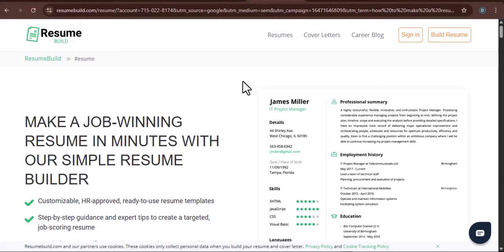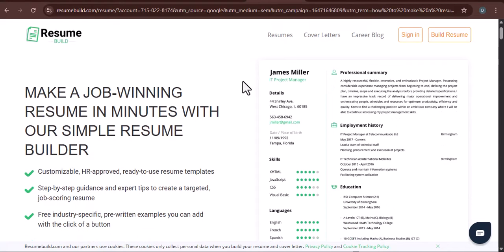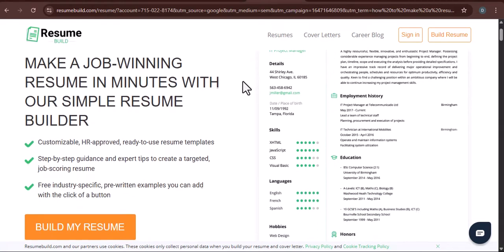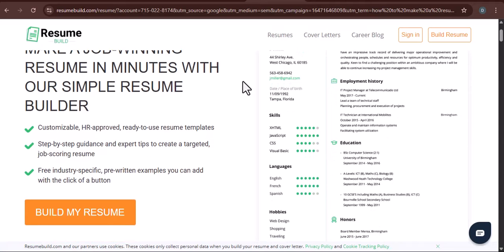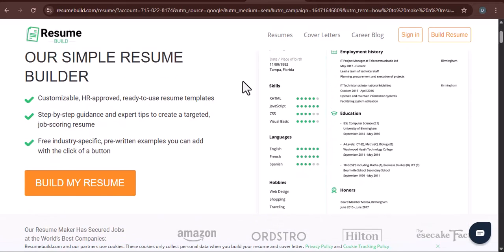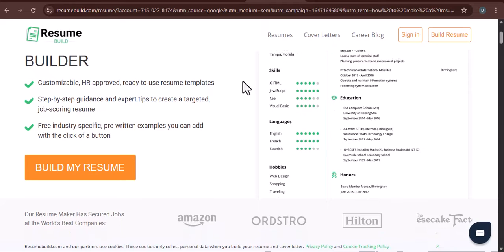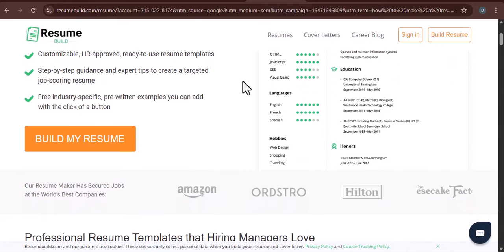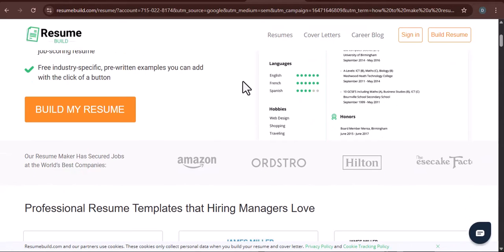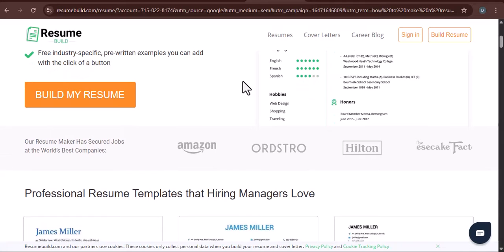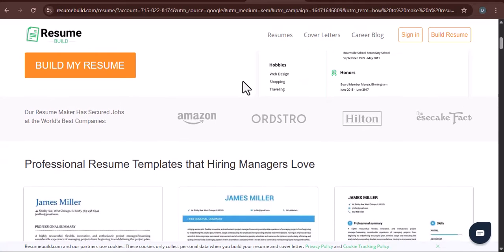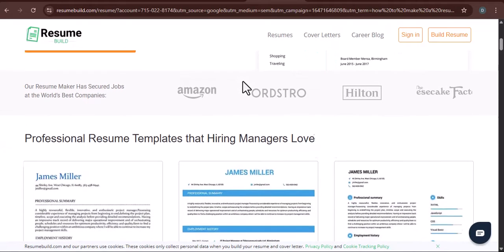Struggling to land that dream job because your resume just isn't cutting it? Ever wonder if there's a way to get a professional, eye-catching resume without spending a fortune? If you've been tirelessly searching for a resume builder that combines stunning design with powerful features, you've probably come across Kickresume. It's a fantastic tool, no doubt, but the premium price tag can be a bit of a hurdle for